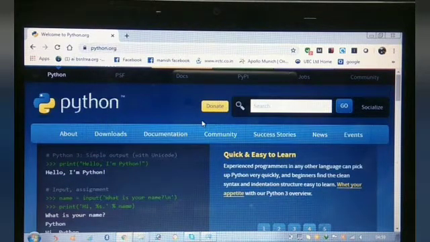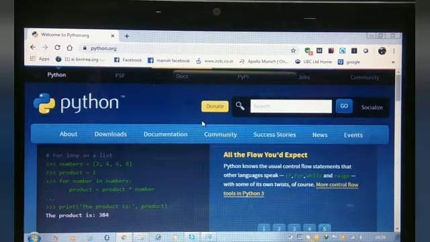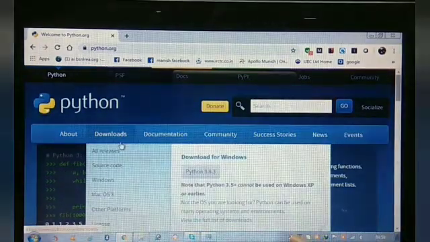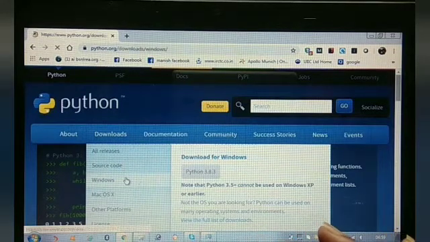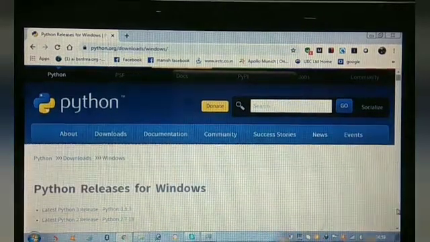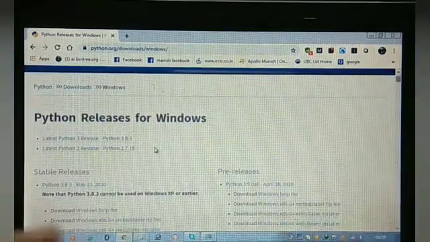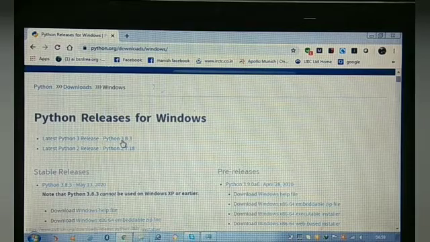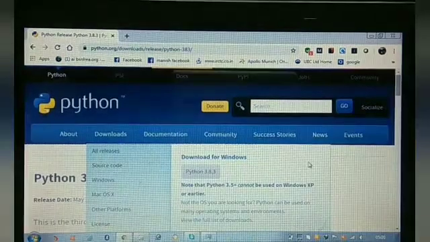So first of all, you'll go to the web and search for python.org. So this is the site that will open. Now from here, just go to downloads and click on Windows. Now from here, you can see the newer releases of Python. Select Python 3.8.3 and after this